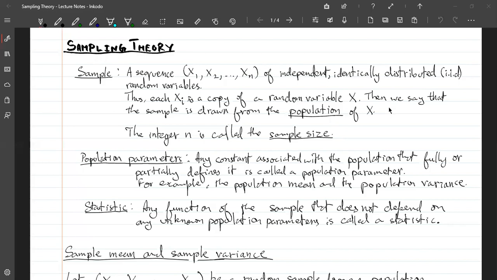So random meaning that in practice, you do not select the sample items by using some criterion. You do it as randomly as possible. So there are methods to make sure that it is random and that you don't introduce any unintentional bias into the process of sampling. So using these techniques, you get what is called a random sample,